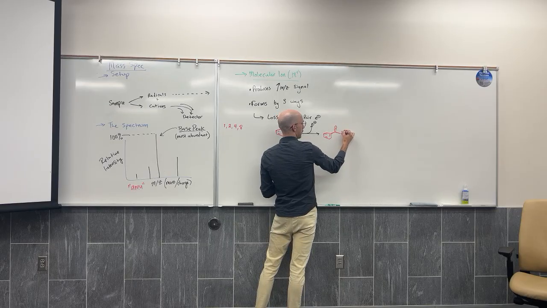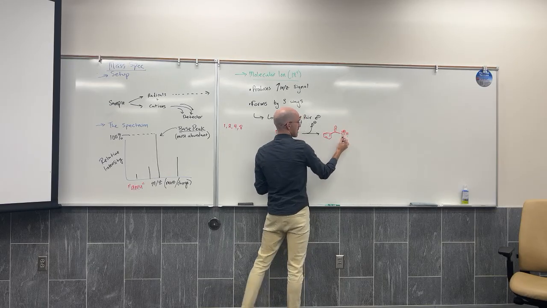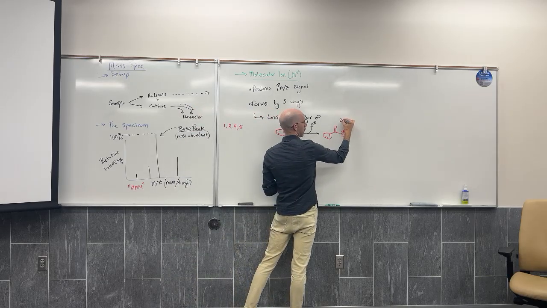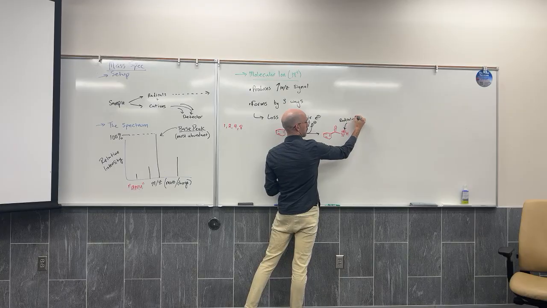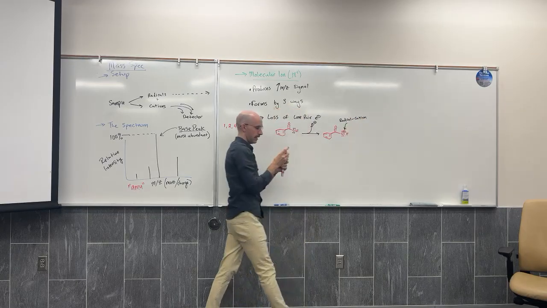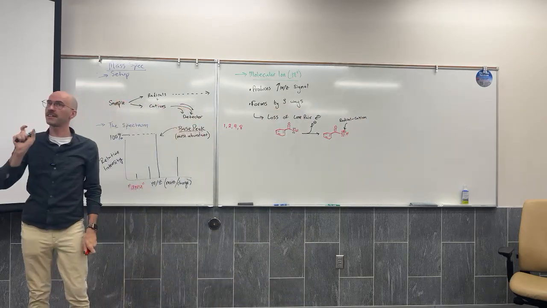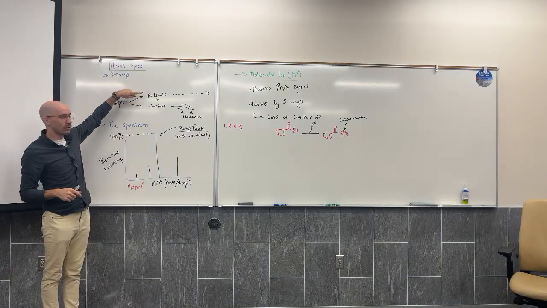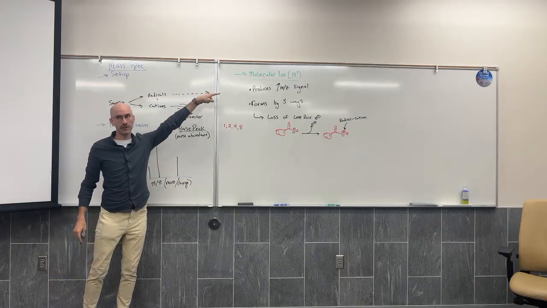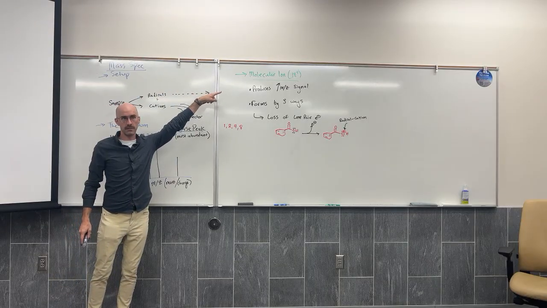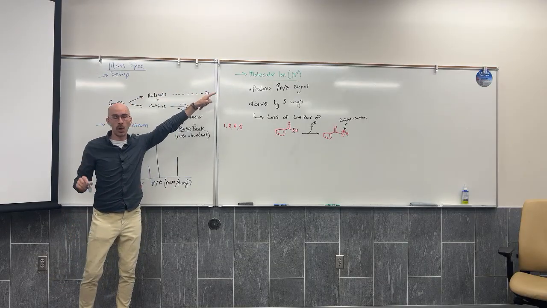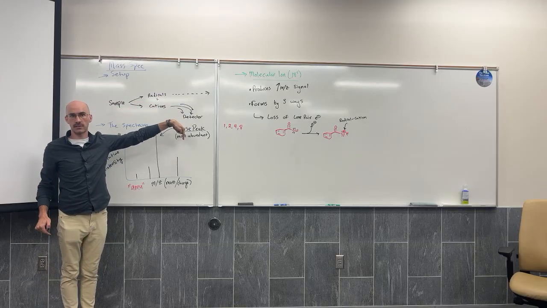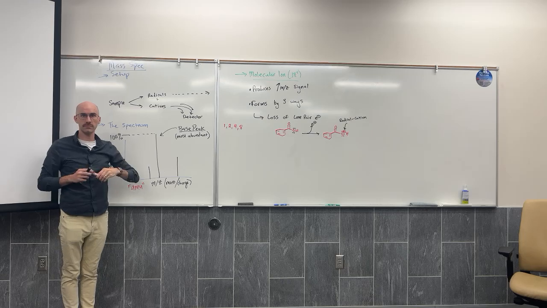what I am left with is a radical and a cation. In this case, it's a radical and a cation on the same atom, which means the radical is not going to be lost to the waste because the radical is a part of the cation, which will get dragged to the detector. So it'll be an O plus